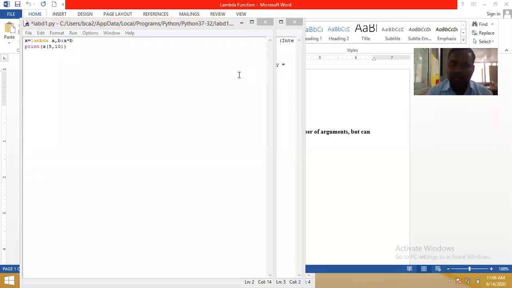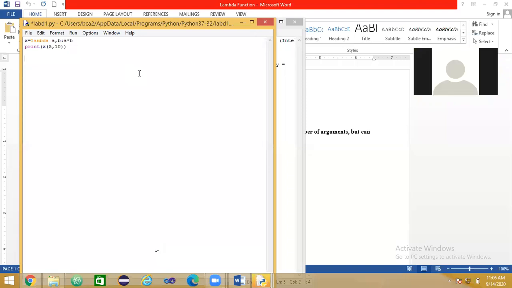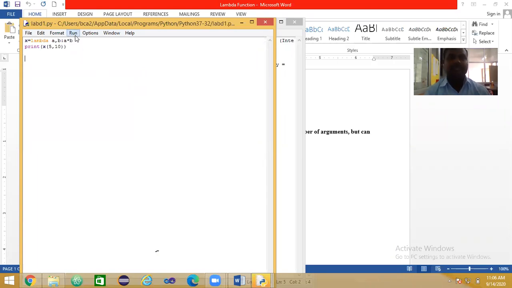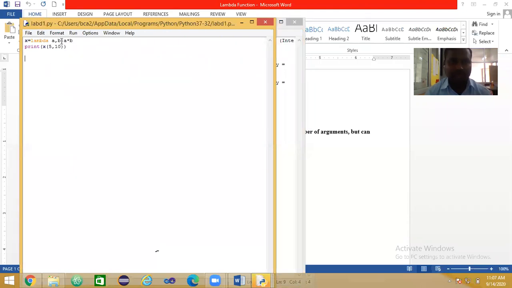So according to this explanation, what is the output? Anybody? 50 is the output. See here, 50 is the output. So again, we may take one more parameter, and here you may write another expression, a plus b plus c.